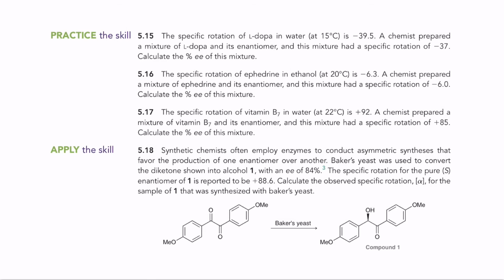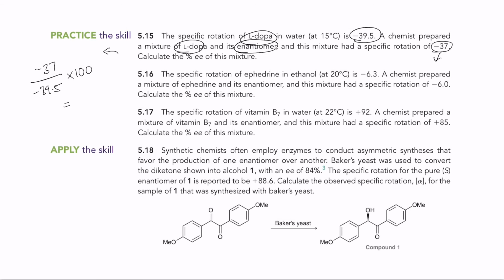So use that formula here. Let's try the first problem. Let me do the first one. The specific rotation of L-dopa is minus 39.5. A chemist prepared a mixture of L-dopa and its enantiomer. The mixture has a specific rotation of negative 37. So this is the observed rotation, which is minus 37 by minus 39.5 times 100. So if you calculate this value,